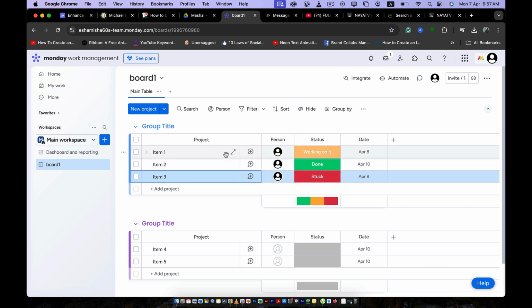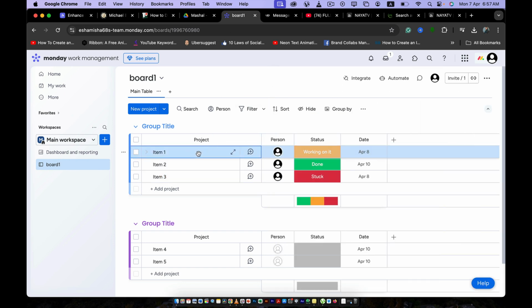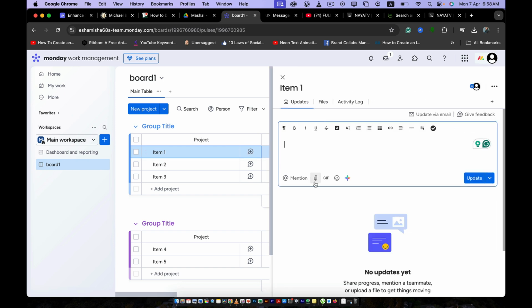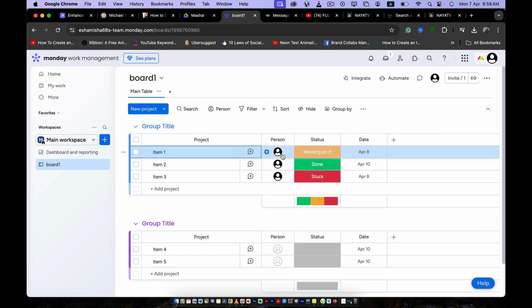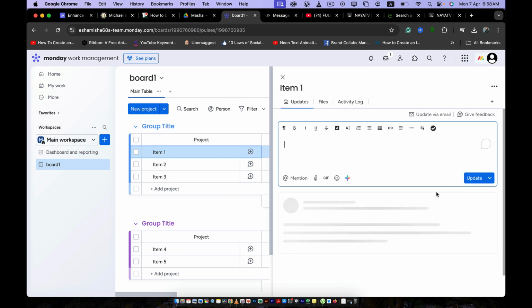So for example, if you need to share a file here, what you need to do, you can just click on this right here, and here is the option of add a file. You can click on this file and the file will be shared right here, and the person working on it can see the file. For example, if you are an admin and one of your employees is working on this item of a project and you have a relevant file that you want to share with this employee, you can click here, click on add file and attach the file,